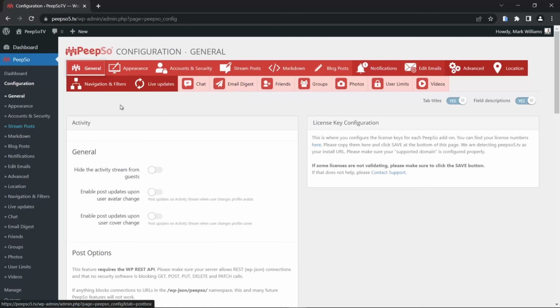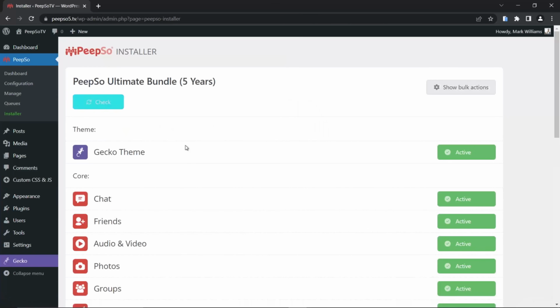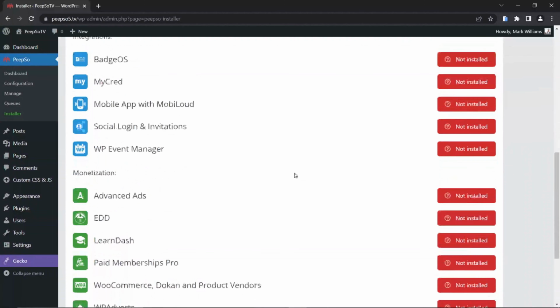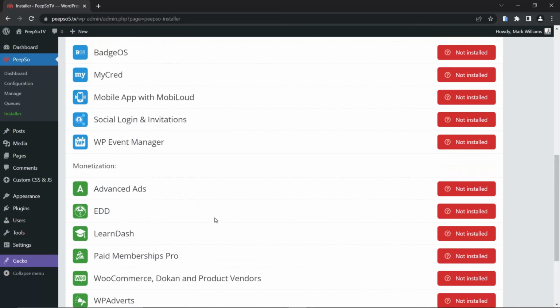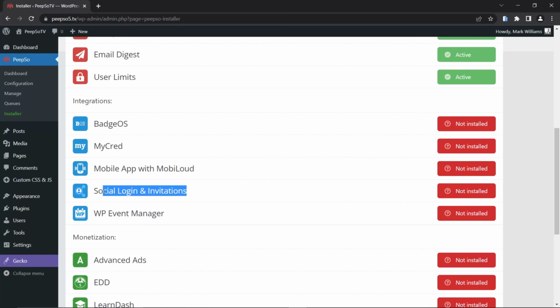It's all true for all other plugins that you see here. So email digest, friends, groups, photos, user limits, and videos. All of this configuration will be available to you once you install the additional core plugins through the installer. Of course, this is all true for all other plugins that you see here, except for social login and invitations, because this is a